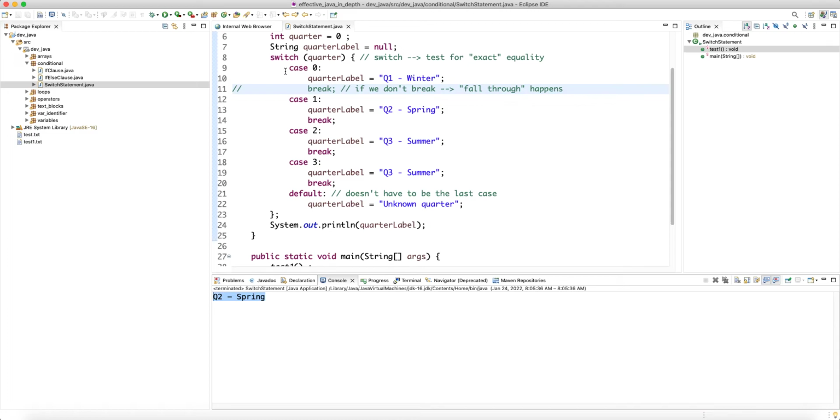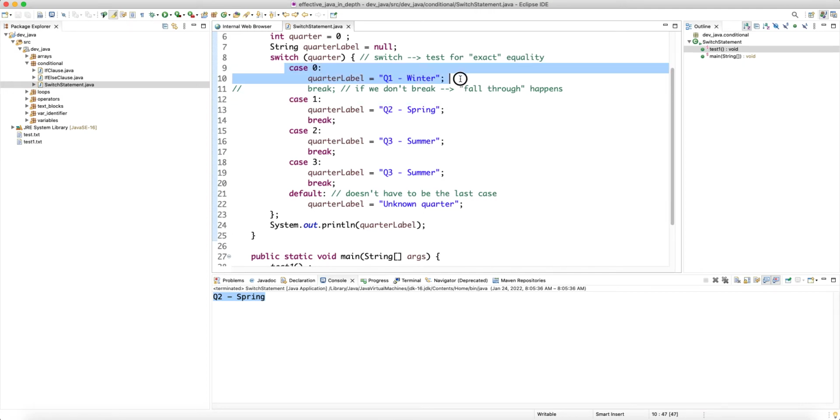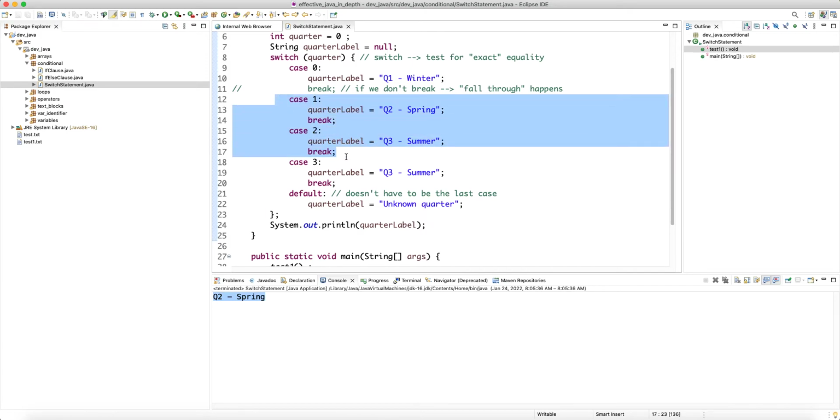Why? Because we get this first match, and then quarter label is this one, but then we fall into the trap of fall through, which means in the second case, the condition is not going to be evaluated again. In the switch case, only one case that is true is evaluated. Later cases, the cases that come after that, the condition is not checked again. So if fall through happens,